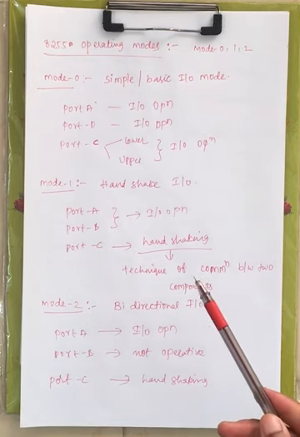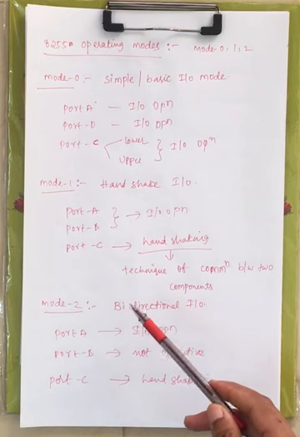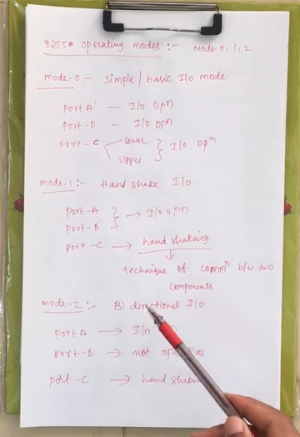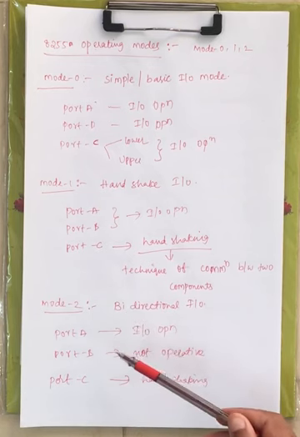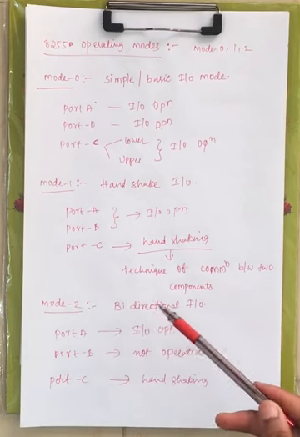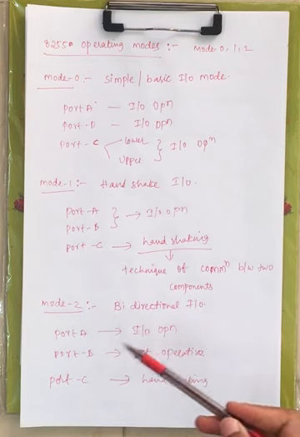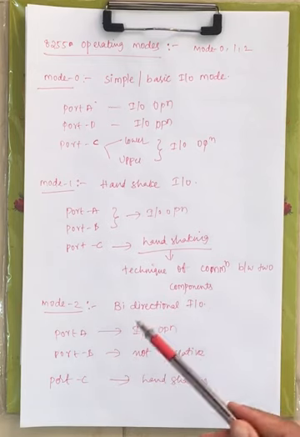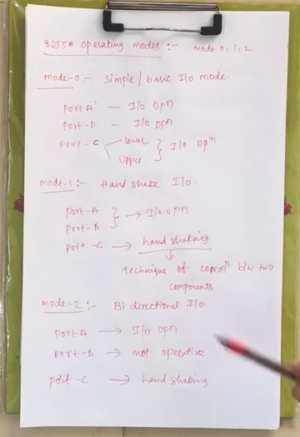Now using these port C IO lines, you have 8 IO lines, and you are making a connection between two components. That is handshake, right? Now coming to mode 2, we call this mode bidirectional IO. In this, only port A can work, port B cannot work. Port B is operative under mode 0 and mode 1 only.